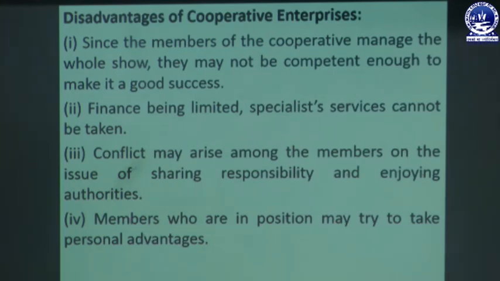The next demerit: members who are in possession may try to take personal advantages. That means those who have higher authority or a higher position, with more responsibility, may take the chance of personal advantages. So these are the different forms of organization, basically sole proprietorship, partnership, company form of organization and